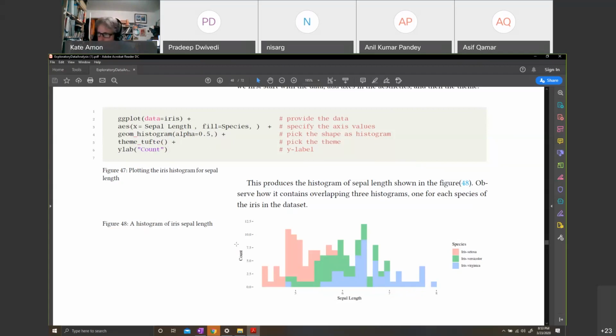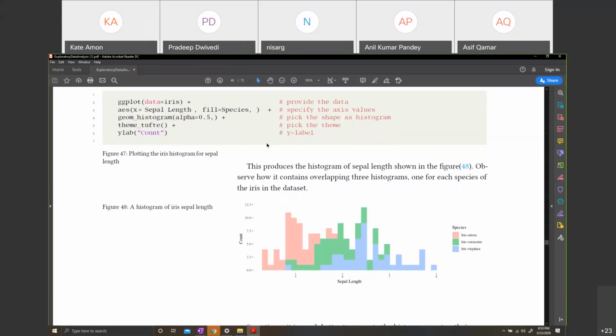Here, I've given count as a label. Otherwise, it wouldn't have been there. So you see how systematically I'm adding, think of each line as a layer: data layer, aesthetics, geometry, theme, and then touching up the theme, fixing the axis labels and this and that. And you could add a title and whatnot. So this is the grammar of graphics.